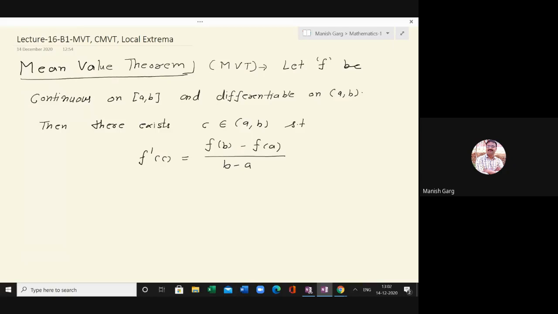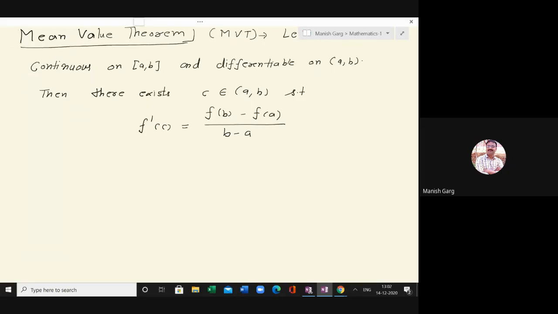So in Rolle's theorem, there was one more condition that FA is equal to FB. In mean value theorem, if FA is not FB, then there exists a point C such that f dash C is equal to FB minus FA over B minus A. If you take FA is equal to FB, then mean value theorem implies the Rolle's theorem. So what is the